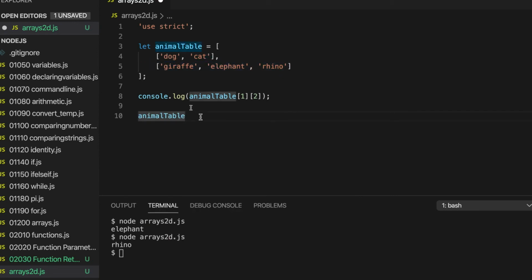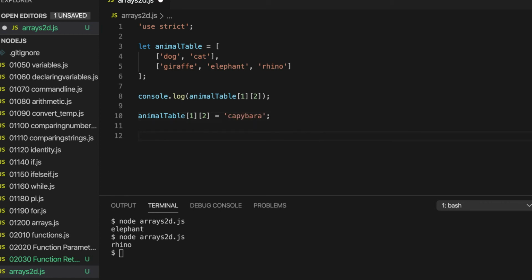So we want row 1. So we put 1 in square brackets, and then within row 1 we want element 0, 1, 2. So we put 2 in square brackets, and we can set that with an equal sign, with the assignment operator, to something else. So we could put in here, let's say capybara, hopefully I'm pronouncing that right,